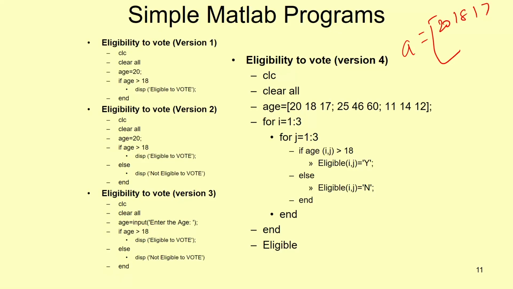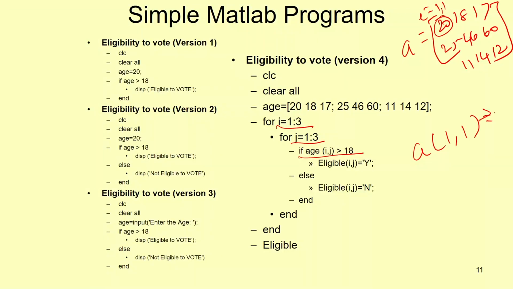So what is the size? A equal to 20, 18, 17, 25, 46, 60, 11, 14, 12. So this is the matrix, right? So the first for i equal to 1 to 3. That means for i equal to 1, first this row is taken. Within the for loop, for j equal to 1 to 3, now j equal to 1. So i equal to 1, j equal to 1, that means this element is taken, and it is compared with age of i comma j. Now what is age of i comma j? A of 1 comma 1 is greater than 18 or not, it is checked. After checking, it is found that it is greater. So y is printed. So in the output matrix eligible,